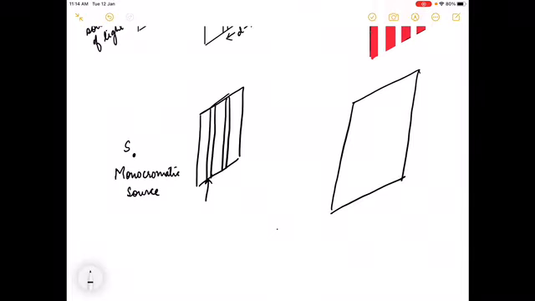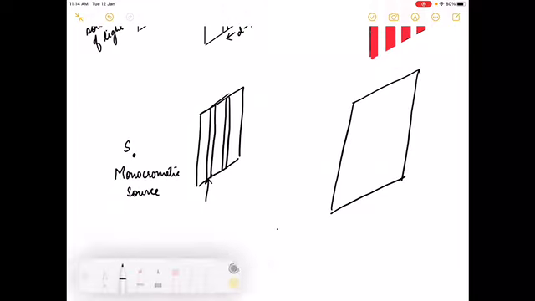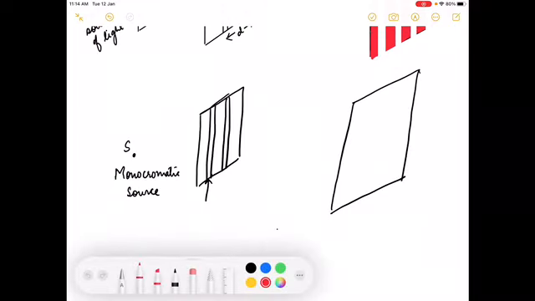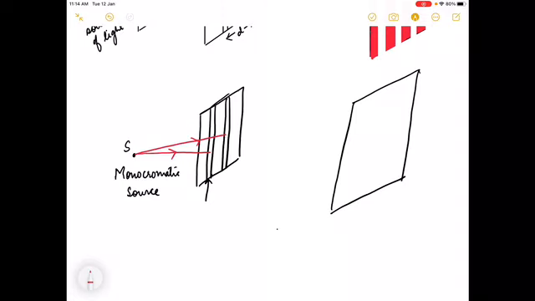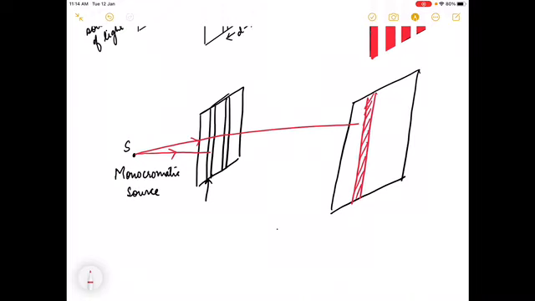Normal human being, before the experiment, what are his expectations? He will see that light has particle nature, agreed, right? So what will happen? Let me say he took a red light. Light will pass through the slit, right? And what will happen? You will get something like this, or you will get something like this.